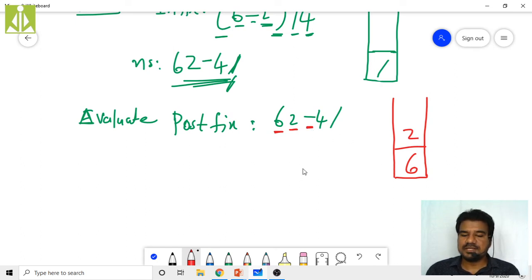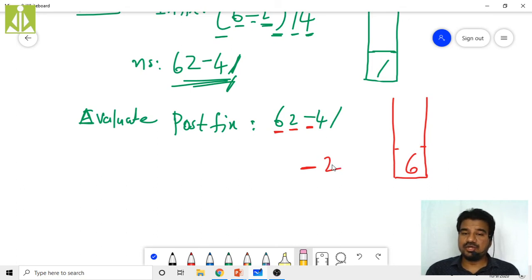So 6 minus you put here, and whatever you are popping first, because it is a binary operator, we have to pop two operands from the stack. So first I am popping 2. If you pop this 2, add it to the left side of your operator. And then remove this.